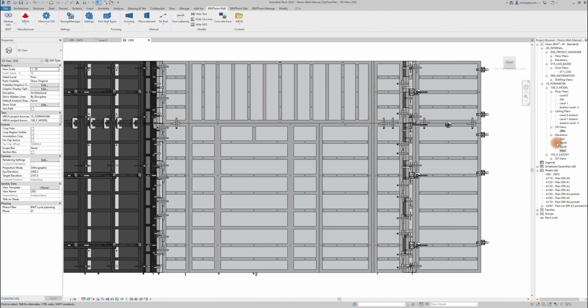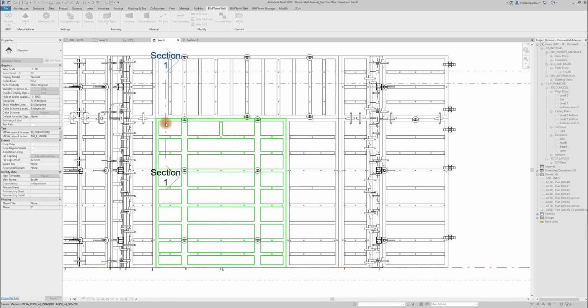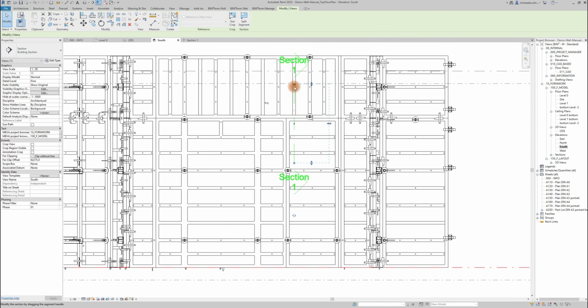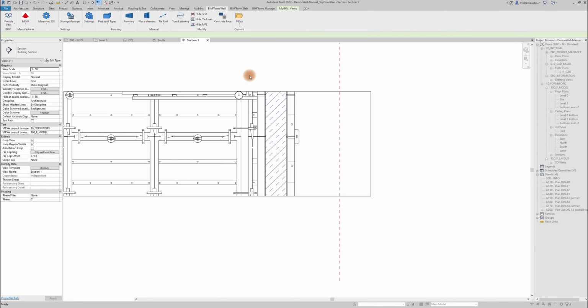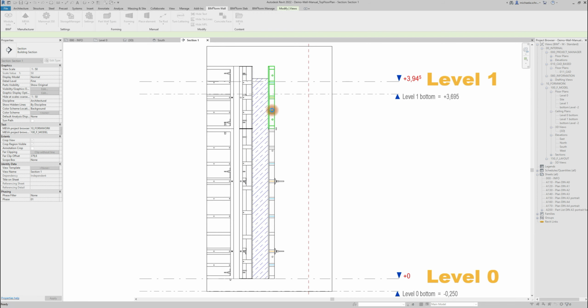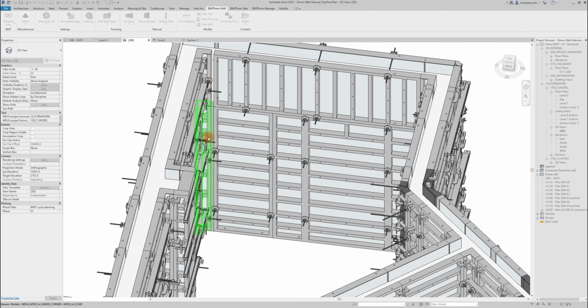For the tie rods, we're using a section again, which in this constellation we would have to move a few times or create multiple sections to get a proper side view of every element that needs tie rods. Once you're done, you can continue again with placing assembly locks and add a timber filler on the other side as well.